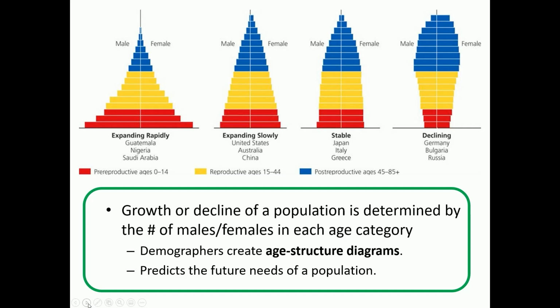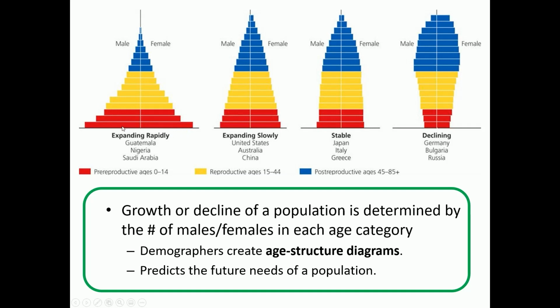So it's 5 years of time is the first slice, followed by the next 5 years, followed by the next 5 years. If you're 1 day older than that, you get into this first yellow slice and move on up at 5-year intervals. So the pre-reproductive years are these first 3 slices here at the bottom, and you'll notice on this one on the far left you have this wide base, and then you have a narrower yellow area, and